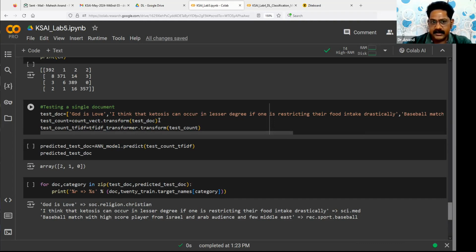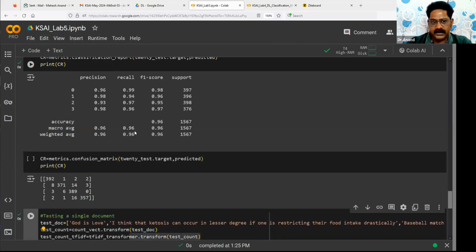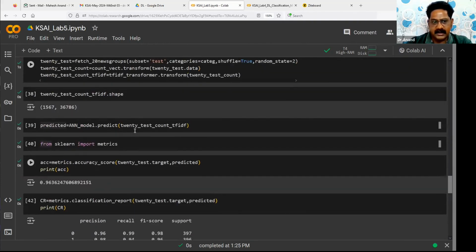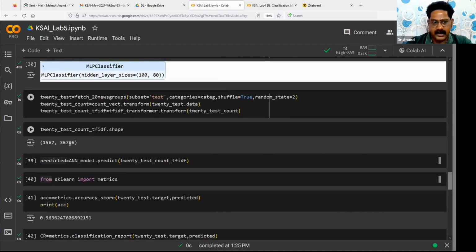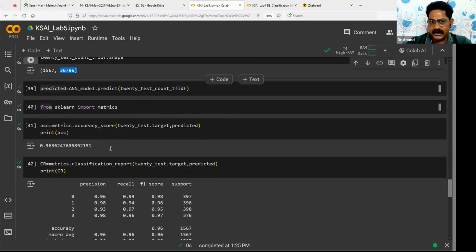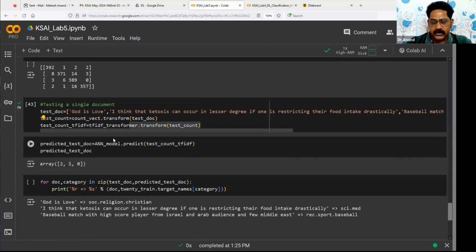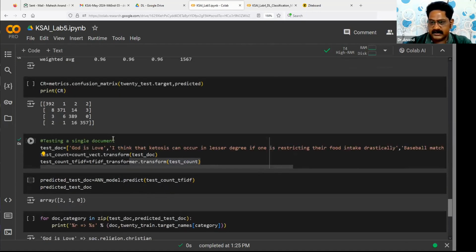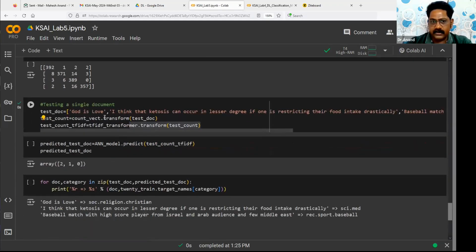See here, in both cases, I'm not applying fit transform, only transform. So your production data goes through the data preparation part. It is converted to what? It is converted to three records. How many columns? 36,786 tokens. Out of 36,786 tokens, how many tokens do we hardly have? 1, 2, 3, 4, 5, 6. And of course, this